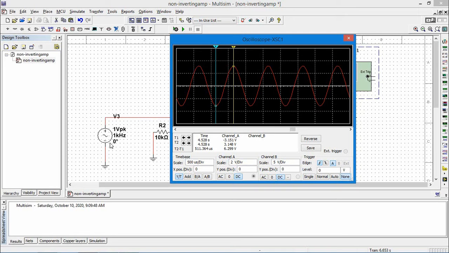Whatever design you have to do, first check the design with the simulator, then go for the hardware implementation. In this lab, for doing the simulation, we use the Multisim software.